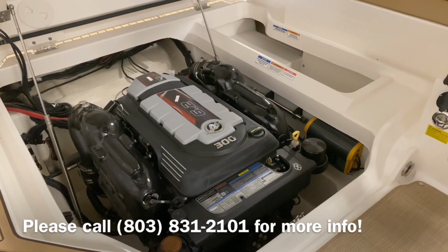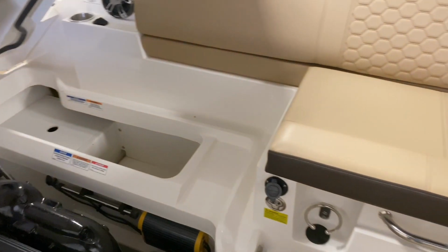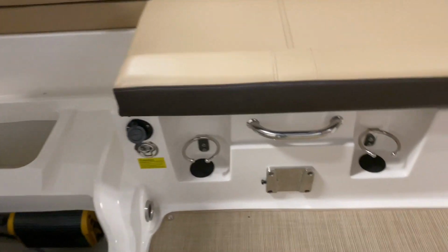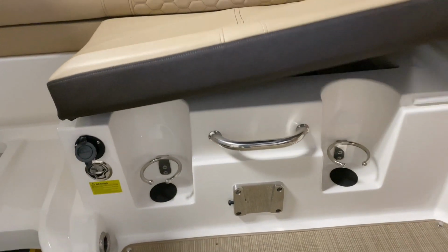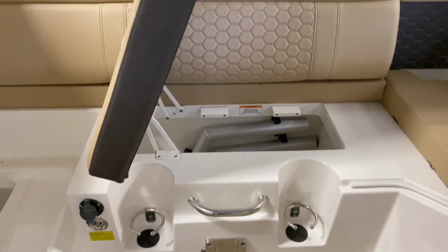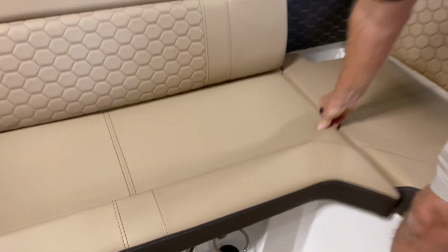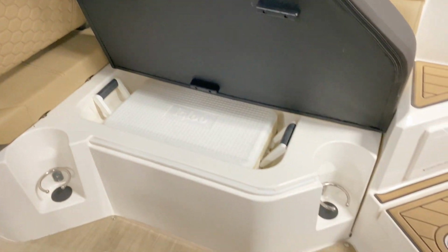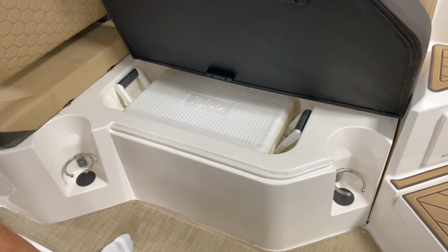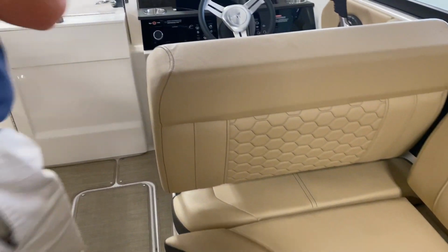Plenty of storage in this boat to port. We have a table mount at midships. Plenty of storage under the seats. We have a built-in cooler. This boat also comes with a ski locker, midships,